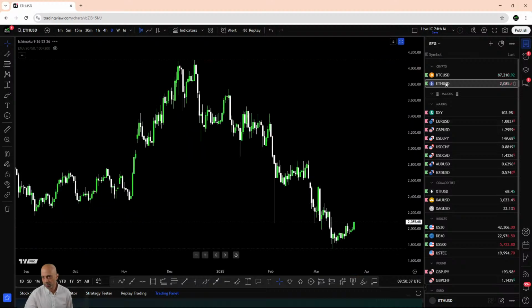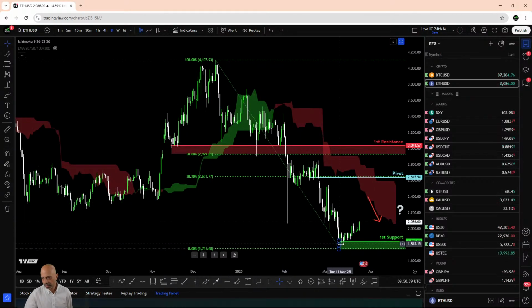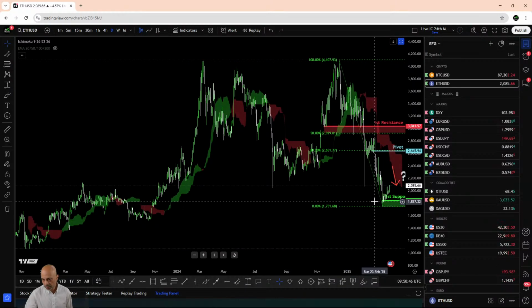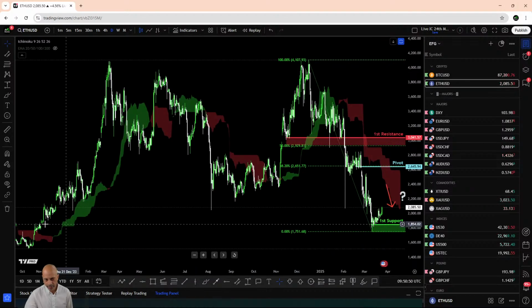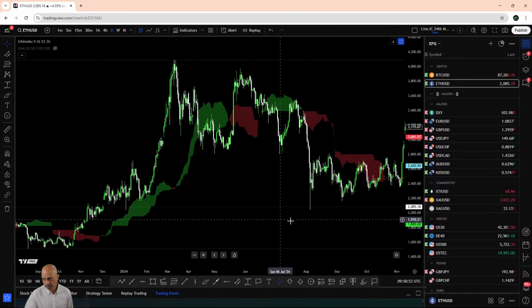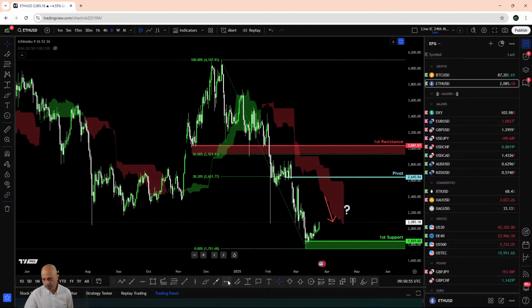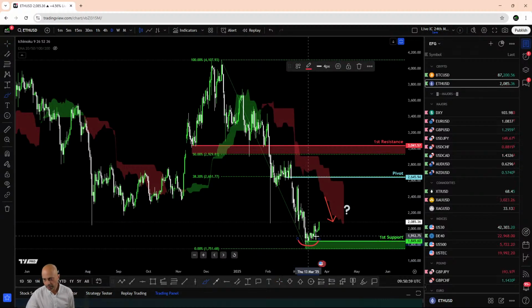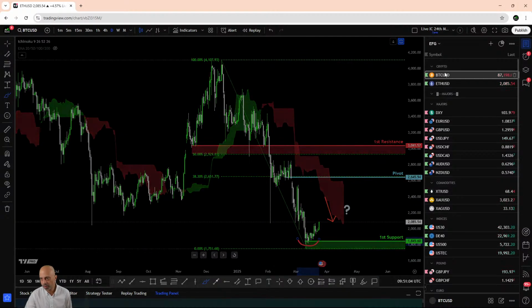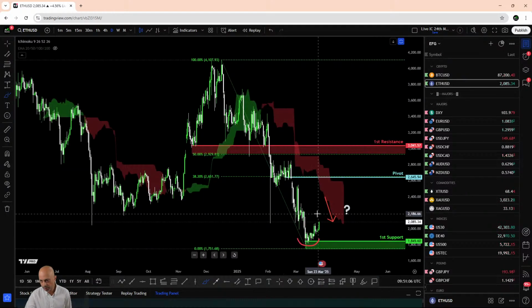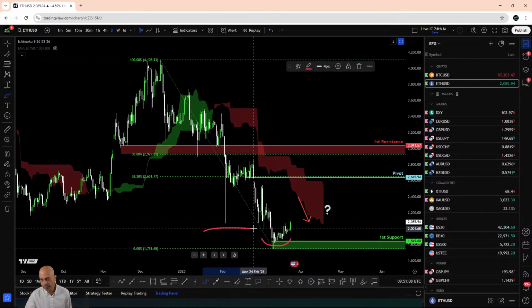All right, let's move on over to Ethereum. Similarly, Ethereum has found a floor at around $1,840 in mid-March, right? If you zoom out, is this a major level that we see? No, there's no real major level that we can associate from the past, but it does seem to have formed a nice trough here, right? A nice trough has formed in mid-March, and we can see Ethereum climbing higher, very likely being pulled up by Bitcoin as well, right? So Bitcoin is pulling up Ethereum, and we can see that this coin